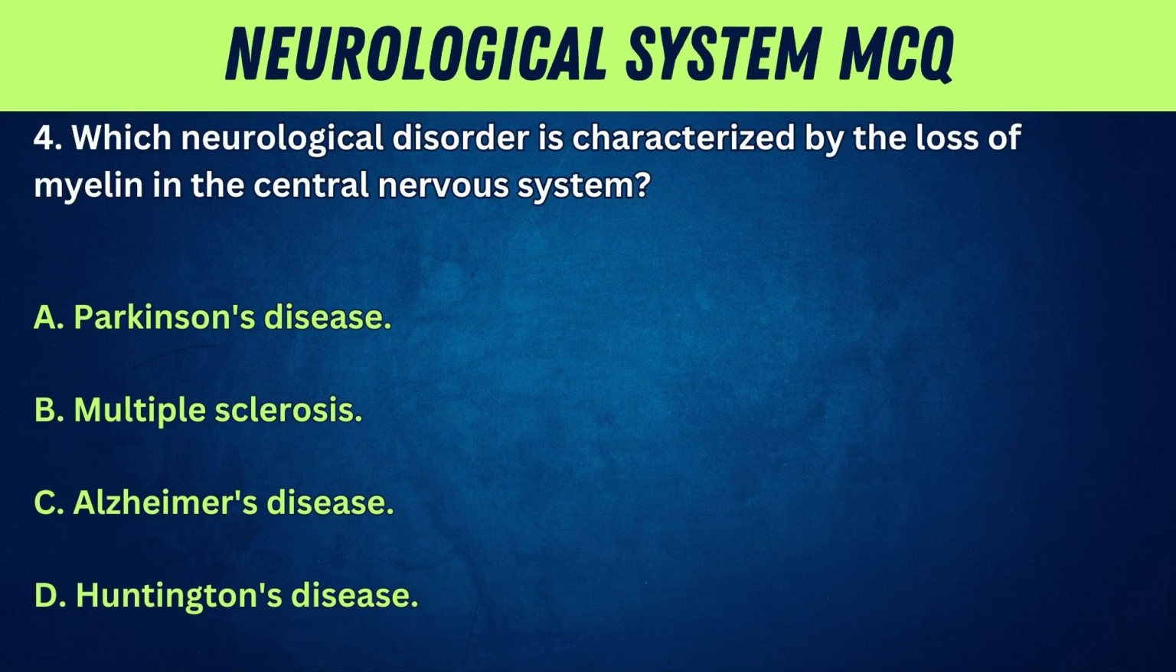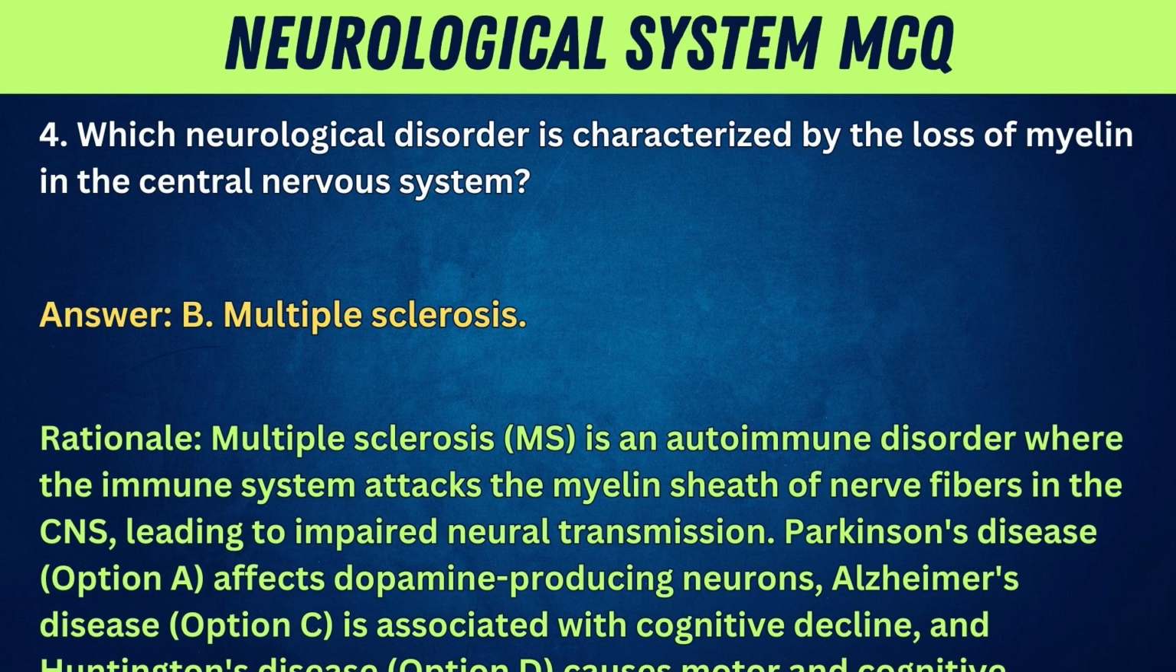4. Which neurological disorder is characterized by the loss of myelin in the central nervous system? A. Parkinson's disease. B. Multiple sclerosis. C. Alzheimer's disease. D. Huntington's disease. Answer: B. Multiple sclerosis. Rationale: